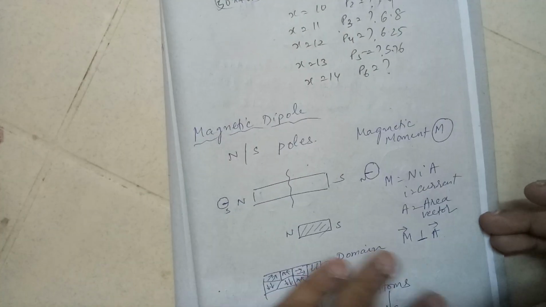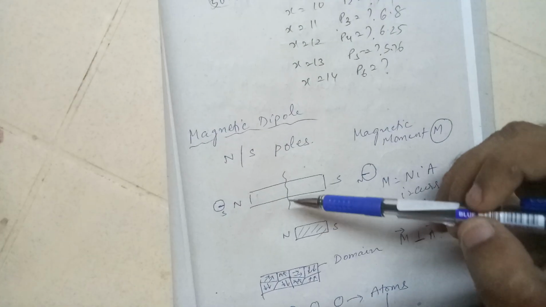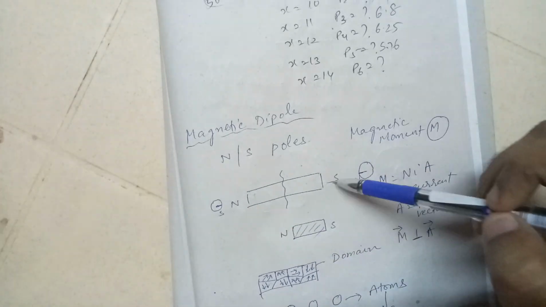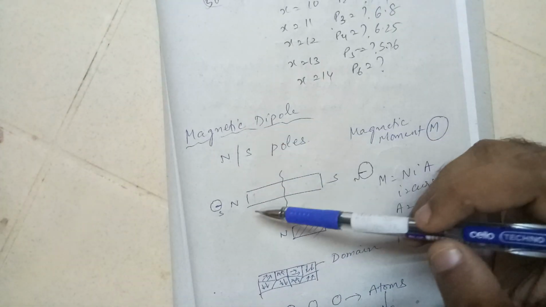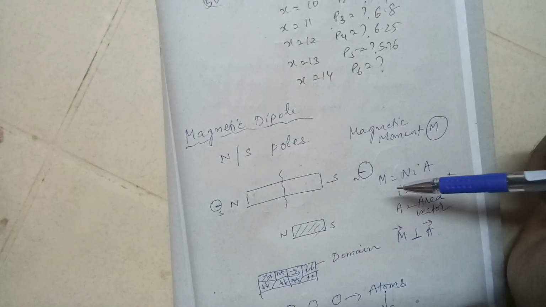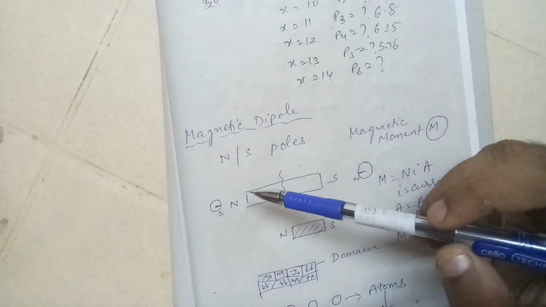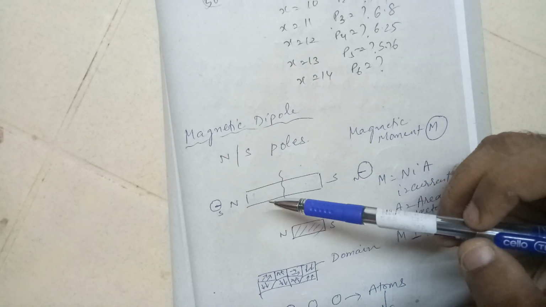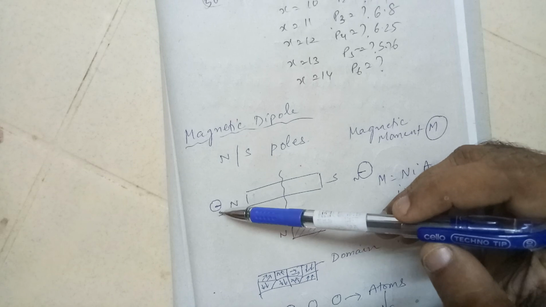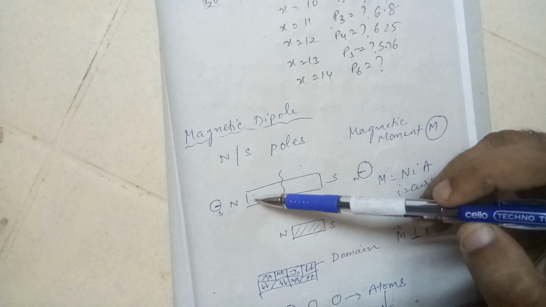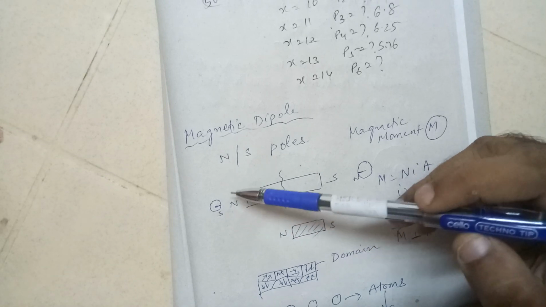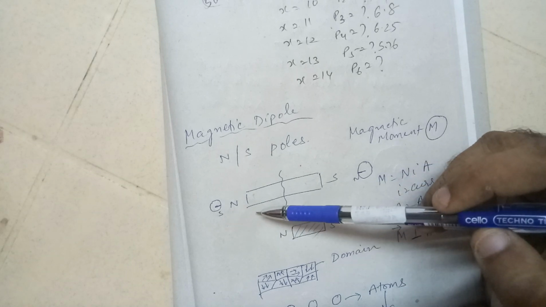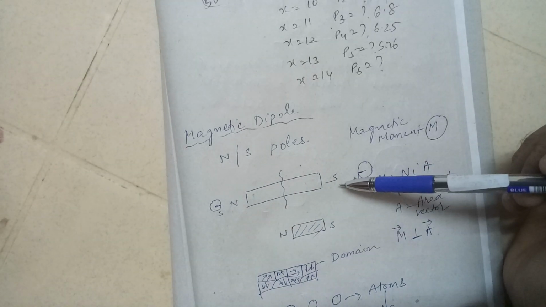We'll discuss about magnetic dipole. If you take a bar magnet, it will have a north and a south pole. Di means two, so it has got two poles. So how do you identify the north of a bar magnet? You bring a compass. The south of the compass will be attracted towards the north. So whichever direction the south shows, that is your north pole, and the opposite will be the south pole.